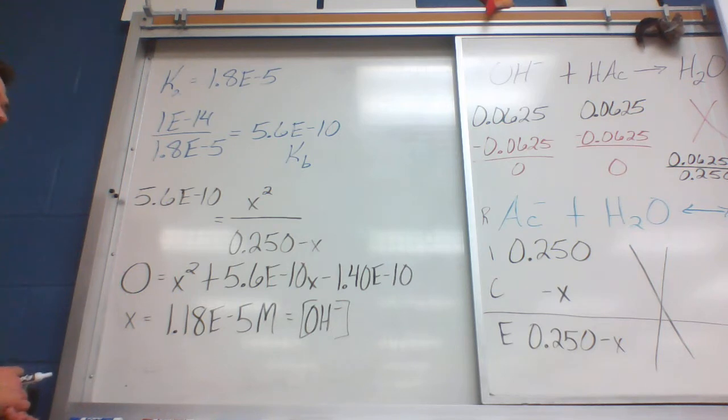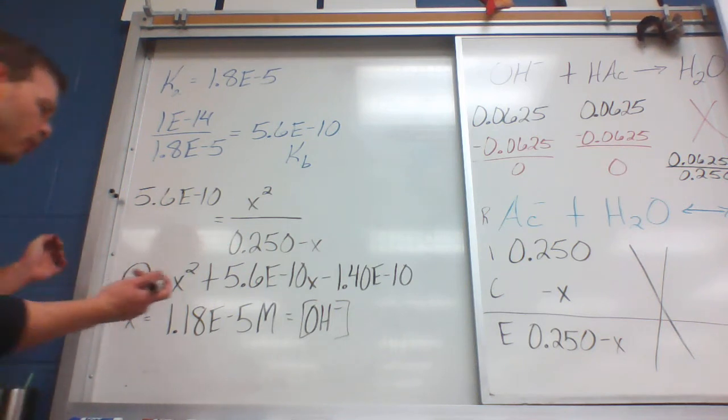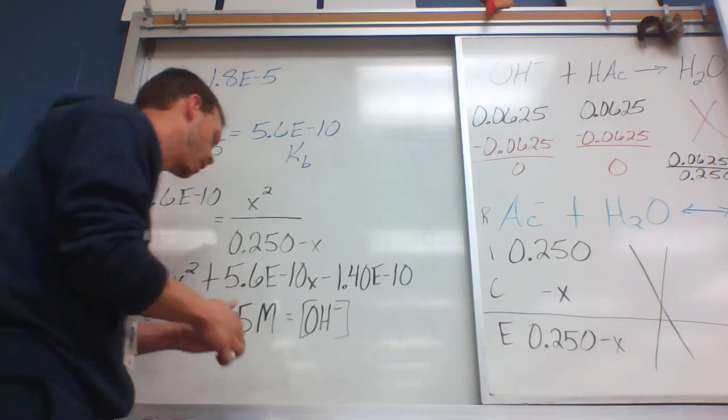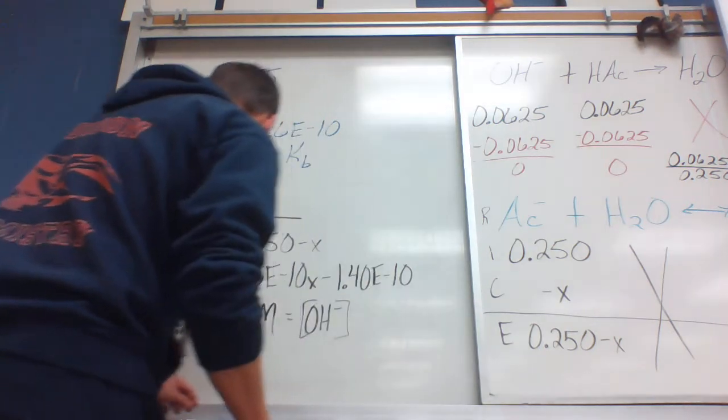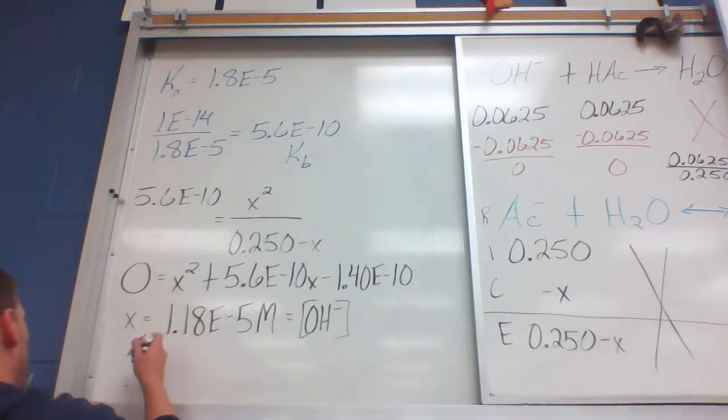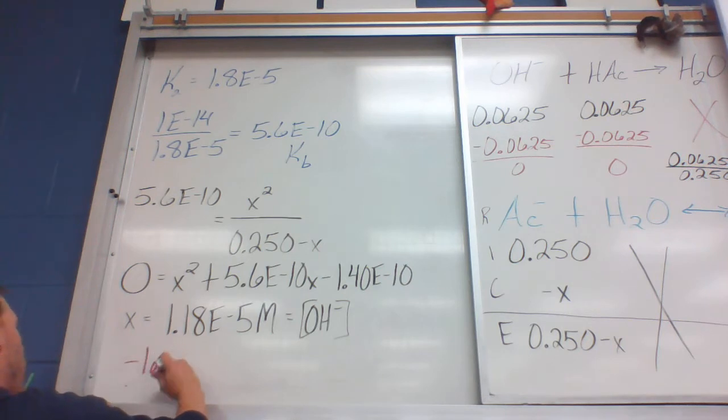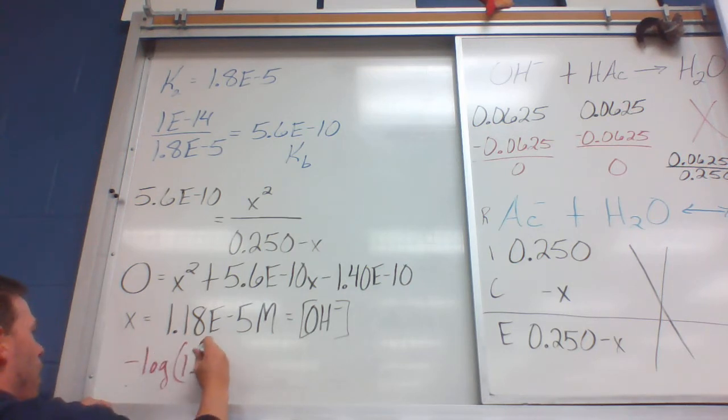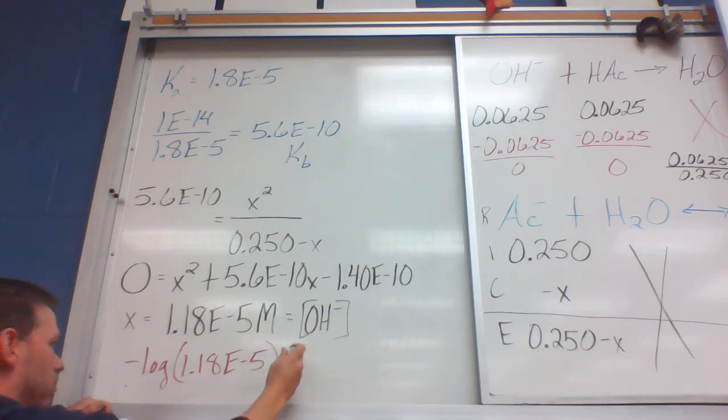So what you need to do is, all right, I've got a hydroxide concentration now, but I need to get to pH. There's a couple routes from here. What I would prefer to do is go negative log of that number to get pOH, and then it's pretty easy. So if I go negative log of the 1.18 E negative 5,